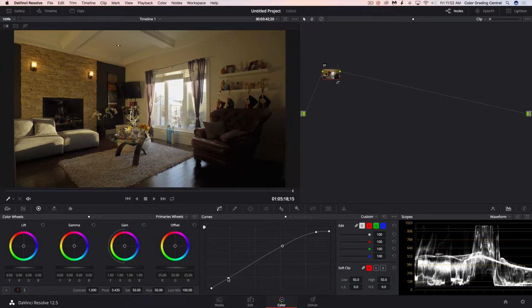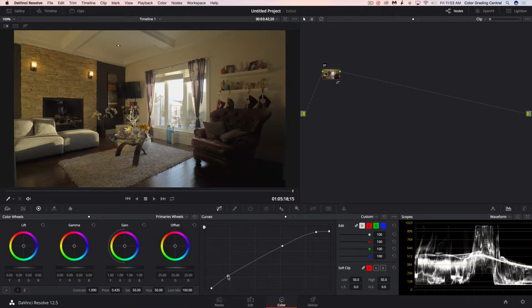That's it. And so the trick is to make sure that the shadows here don't become too milky. And let's just bring it down just a little bit. All right. So the next thing that you want to do is let's get your